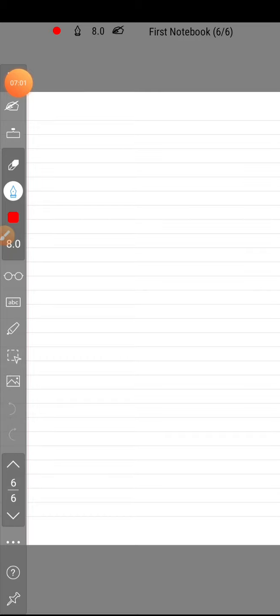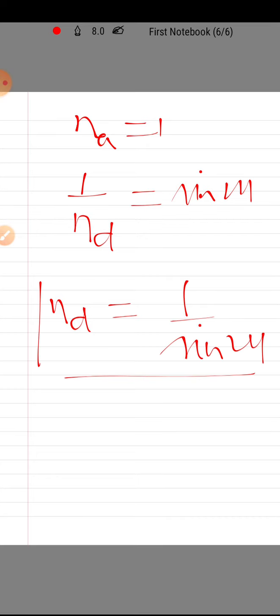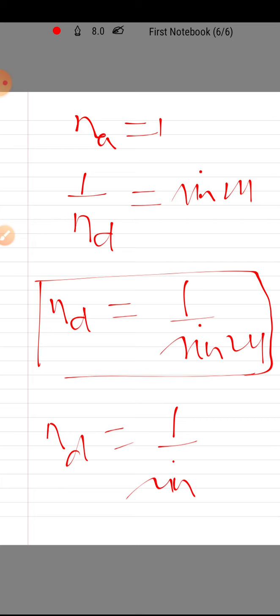Now we know that Na is equal to 1, that is, the refractive index of air is always 1. Now we have 1 upon Nd is equal to sin 24. Now we can take this Nd into the numerator, so your sin 24 will come in the denominator. So your Nd becomes 1 upon sin 24, or I can simply write Nd is equal to 1 upon sin